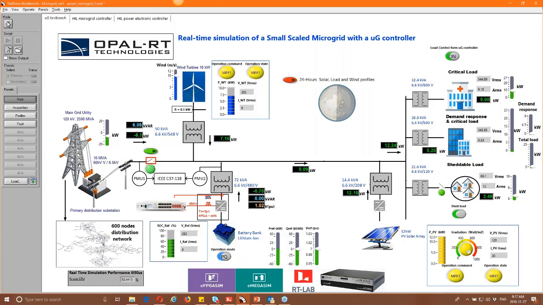So right now we are at -6 kilowatts, absorbing power. We can increase this reference to maybe 4 kilowatts, and we can see the battery energy storage system dispatch changed to respond to this.